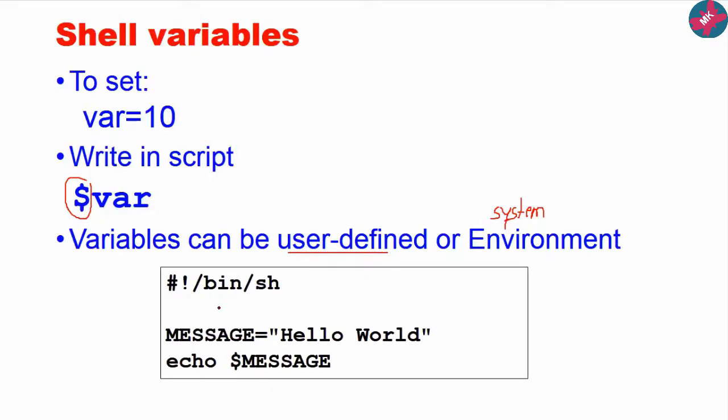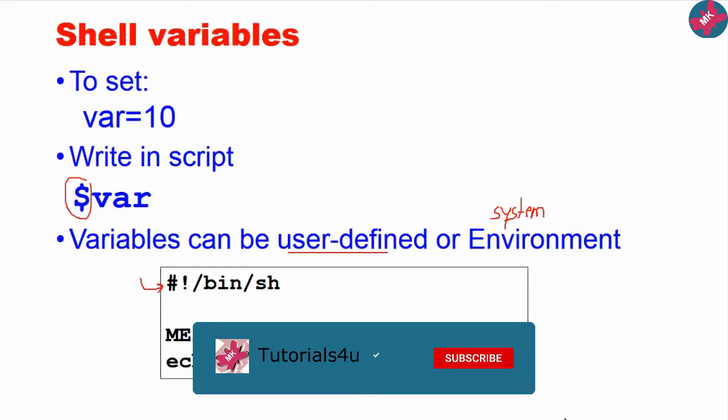And here one example is there. Like I have told you, this is the shebang line. Writing this is optional. Then suppose I have created one string variable called message and I have put some string in it. How will I display it? I will write echo and then, since I want to display on the terminal whatever is written in this variable, I will precede it with the dollar sign. So this is how a simple shell script can be written. After the explanation of this theory, we will directly see one demo.